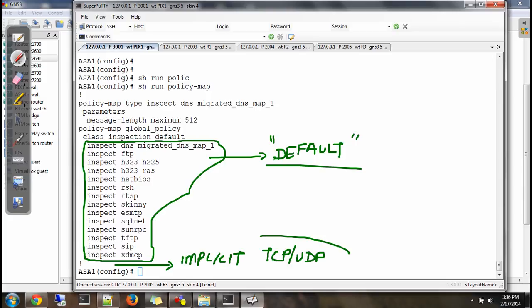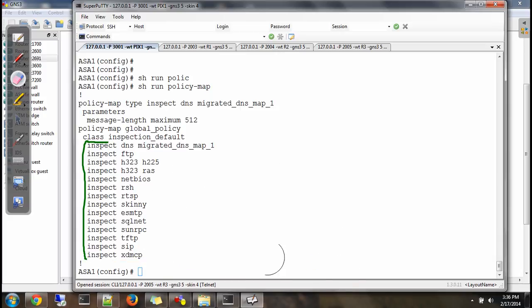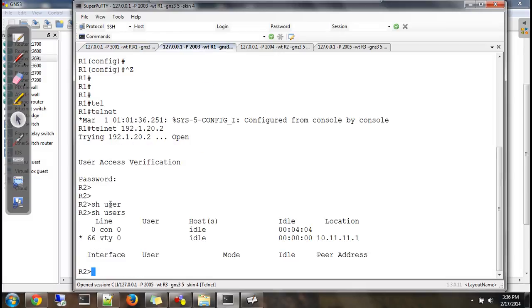That's why you cannot see this and you cannot change this. Good. So these, if you want, you can change them. Right now, if you see, you can telnet through the firewall.